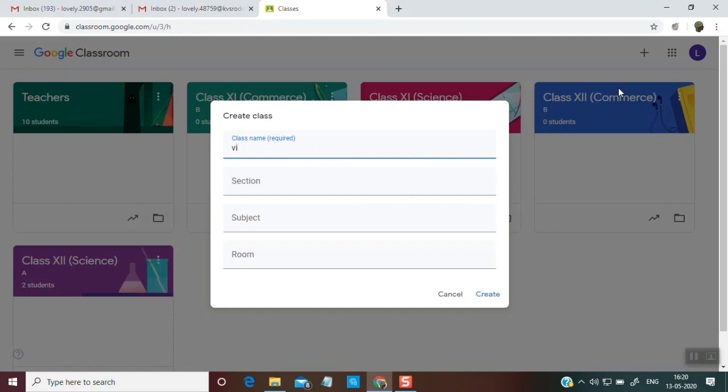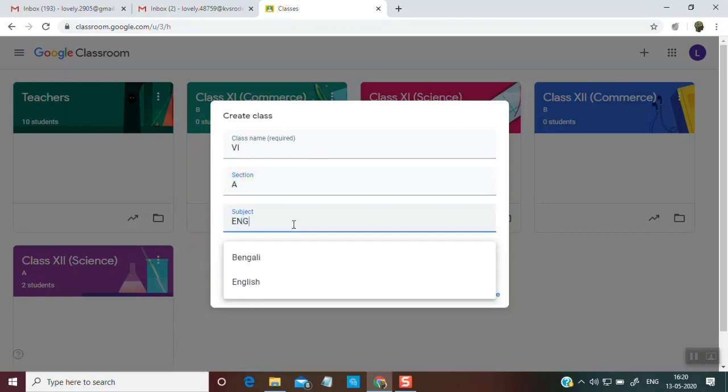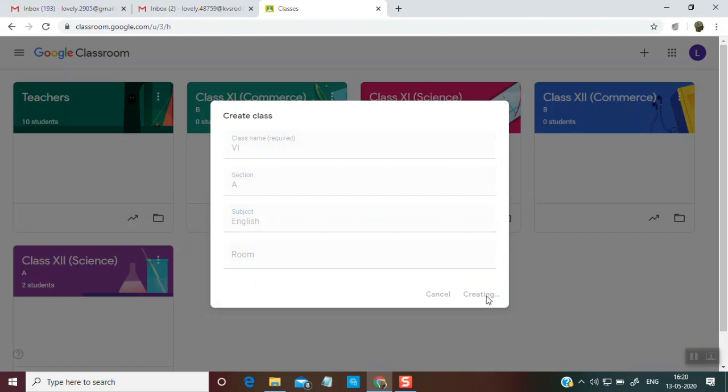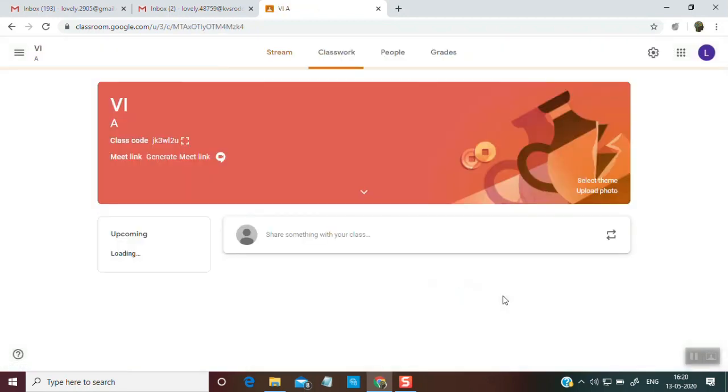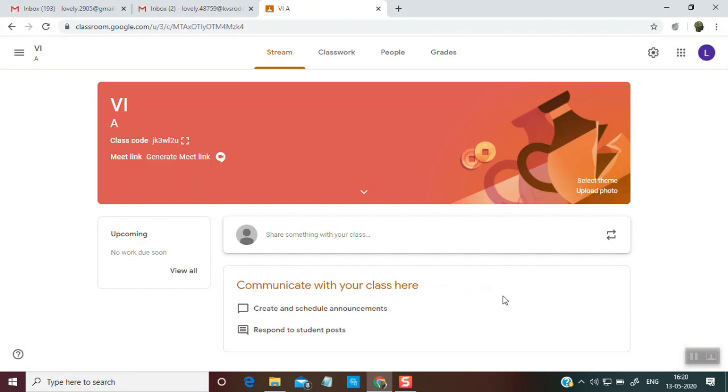If I am making it for 6th, let it be section A. And you need to choose a subject, like English. I am an English teacher, so I'll be teaching English, so I have chosen English, and then you will click on create. It will take a few moments to create the class. It has created the class.